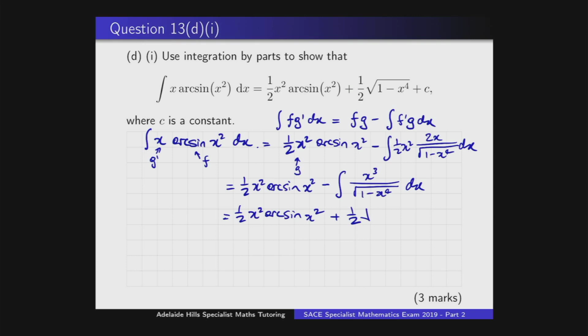You get minus x minus 4x cubed. So those two minuses cancel to give us a plus, and we get 1 minus x to the 4 plus some constant, which is what we were expecting to find. And you can see we have this hint, because in this question they actually told us what the answer was. We can see from the hint up here that 1/2 is that coefficient,